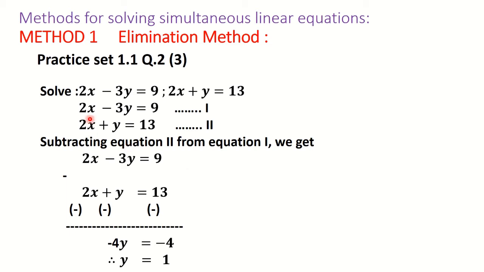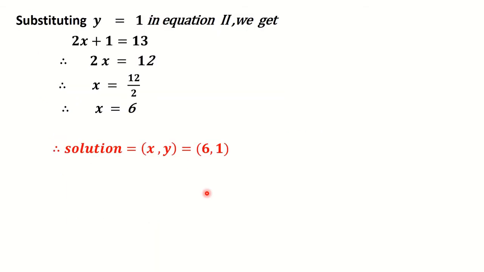See how here you will observe that the coefficient of 2x, that is coefficient 2 for x, is the same here and their signs are also the same. So we are going for subtraction, and from that we got the value of y, and afterwards when we substitute the value of y in any one equation here, we are going to get the value of x. Okay, so this is the method. As I have said, you must know this method because you have to use it in the word problems.